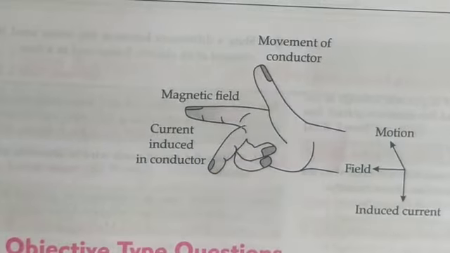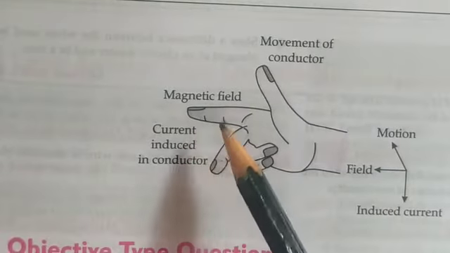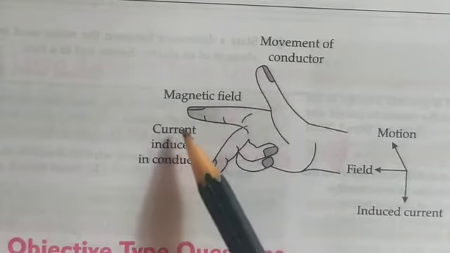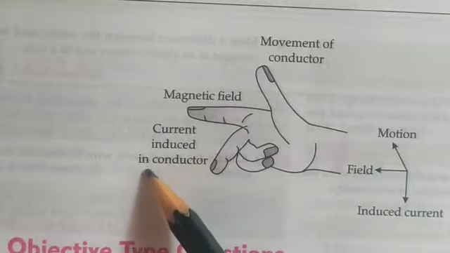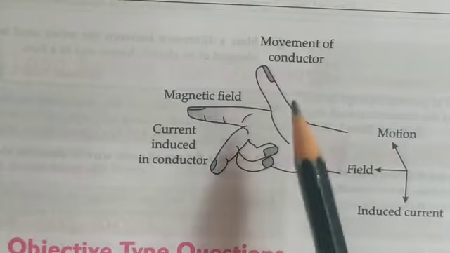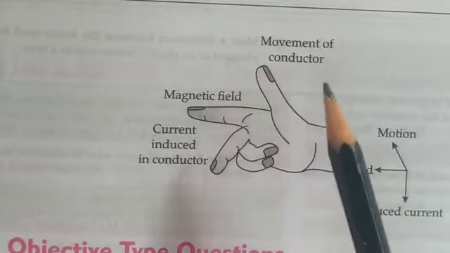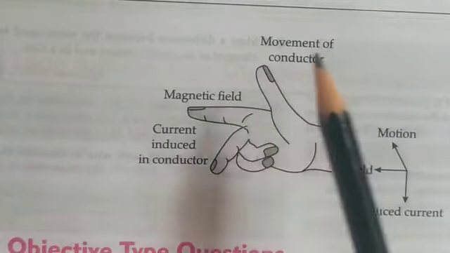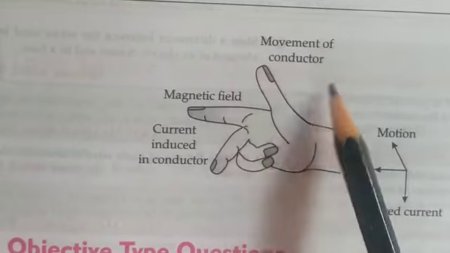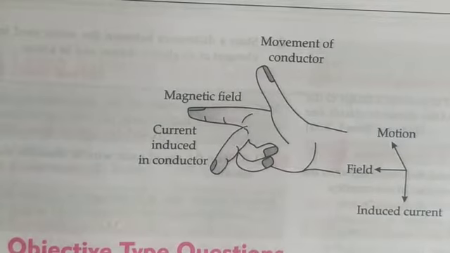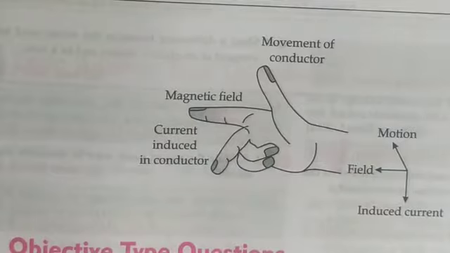Fleming's left hand rule and Fleming's right hand rule have the similarity in that forefinger and middle finger both will represent the magnetic field and current. Here we are seeing about induced current, that's all the difference. But there we are going to say thumb represents the direction of motion or the direction of force. Here we are seeing the movement of the conductor, in which direction you are moving the conductor, that represents the thumb here.